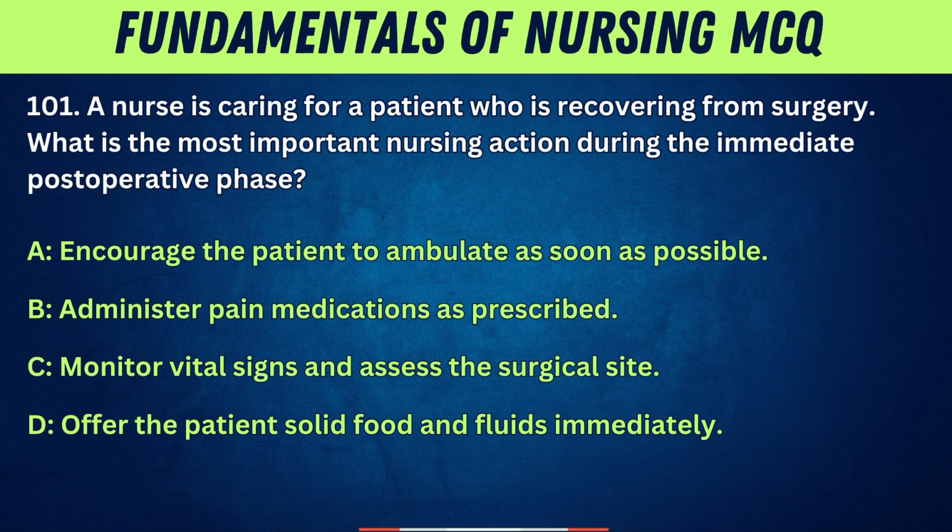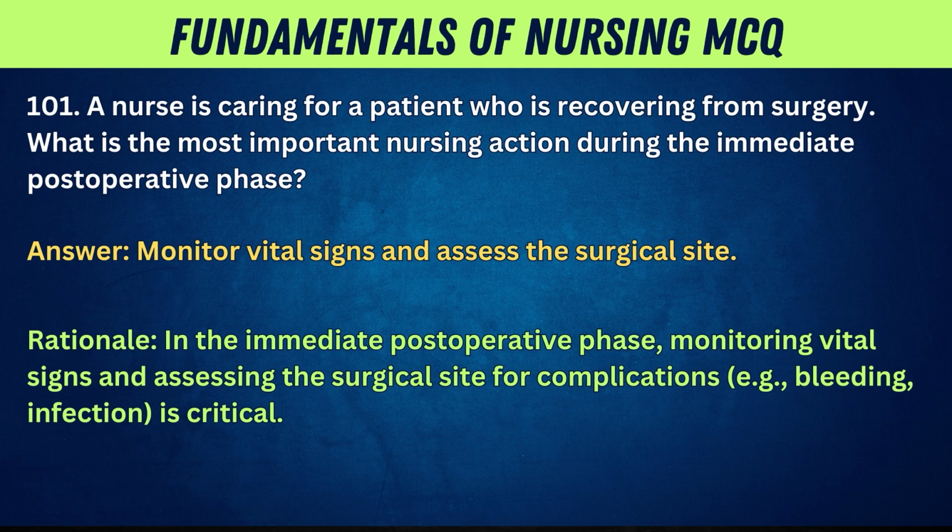A. Encourage the patient to ambulate as soon as possible. B. Administer pain medications as prescribed. C. Monitor vital signs and assess the surgical site. D. Offer the patient solid food and fluids immediately. Answer: monitor vital signs and assess the surgical site. Rationale: in the immediate postoperative phase, monitoring vital signs and assessing the surgical site for complications, e.g., bleeding, infection, is